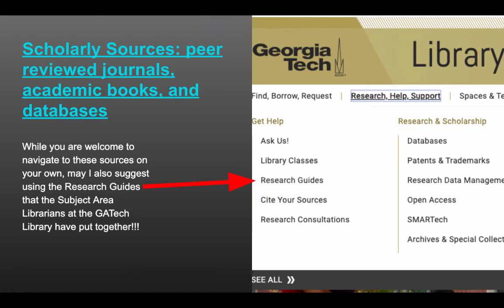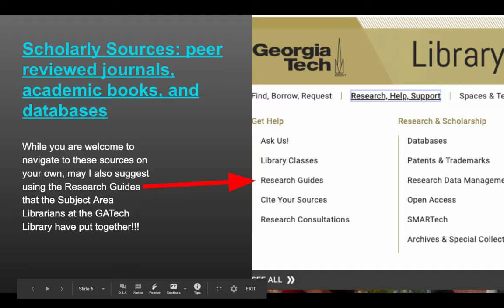For this week, because we're writing abstracts and summaries, or abstract summaries, I'm using the words interchangeably, you are going to want to find some scholarly sources. So again, I know you guys are grown-ups and that you are probably all crackerjack researchers. So you can, if you like, go to peer-reviewed journals, databases, and academic books that you're familiar with. But given that lots of us are working outside of our field, you are welcome to use the research guides